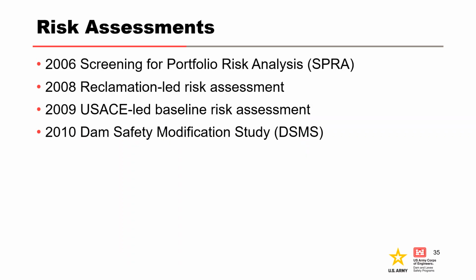The risk assessment started with a screening in 2006. The dam was then classified as high risk. In 2008, Reclamation led a joint risk assessment that resulted in recommendations for interim risk reduction measures and a more detailed baseline risk assessment. Following this risk assessment, a reservoir restriction was implemented, lowering the summer pool 20 feet to